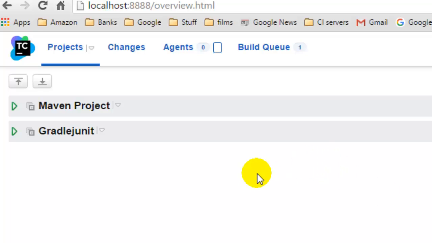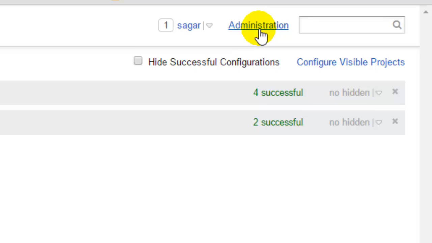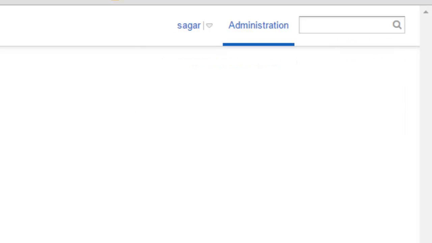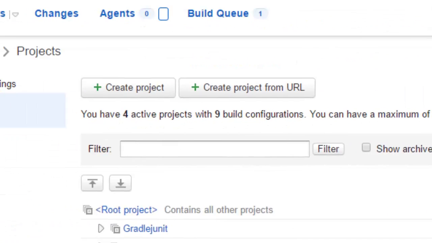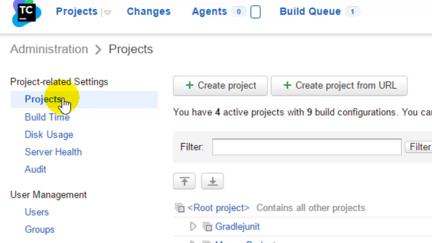In this video I will explain how you can create a new project in this TeamCity server. Once you log into TeamCity, you will find this administration link. Just click on that, and then from there you can create a new project. On the left hand side you will find this projects link, and here you can create a project by